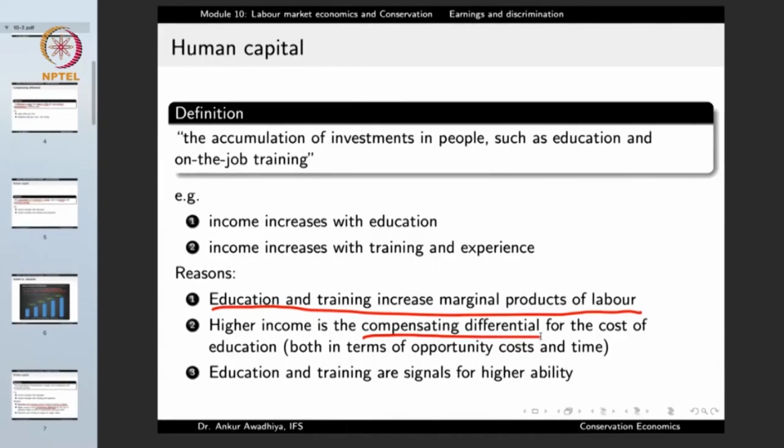So, what we are saying here is that the higher income of the people who are educated more is the society's way of compensating them for the troubles that they have taken. Troubles in terms of the opportunity cost. That is, if the person with the higher degree, if he or she had not gone for the higher education, he or she would have been working somewhere, and by working somewhere, they would have been earning some amount of compensation, some amount of payment. Now, to get the higher education, they have to forego this payment. So there is an opportunity cost that is involved.